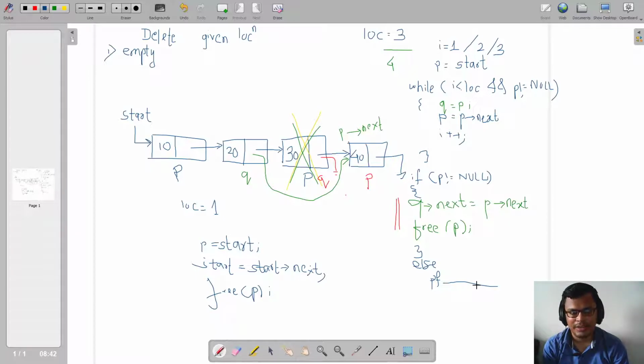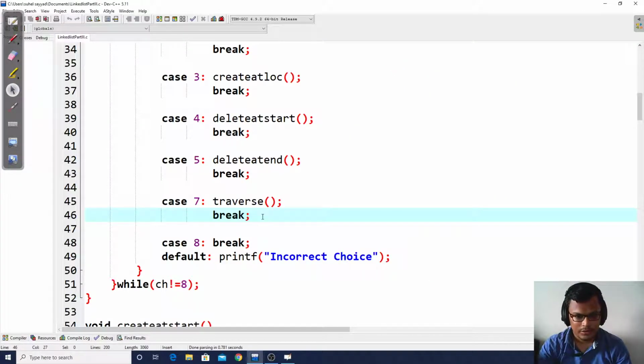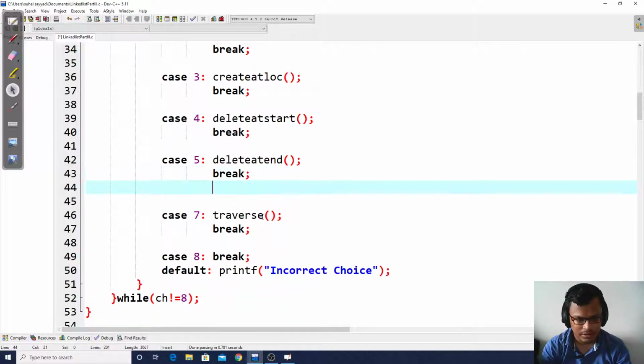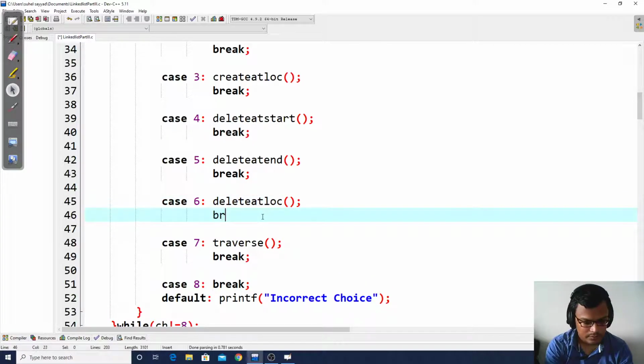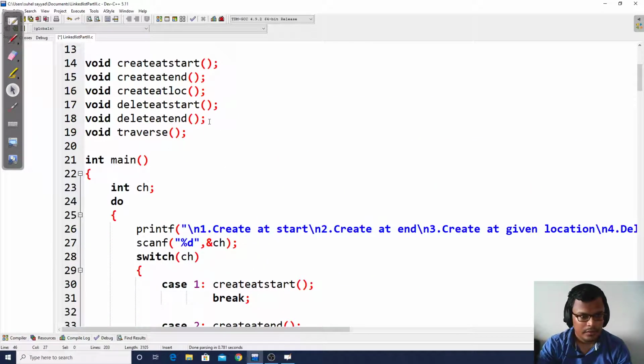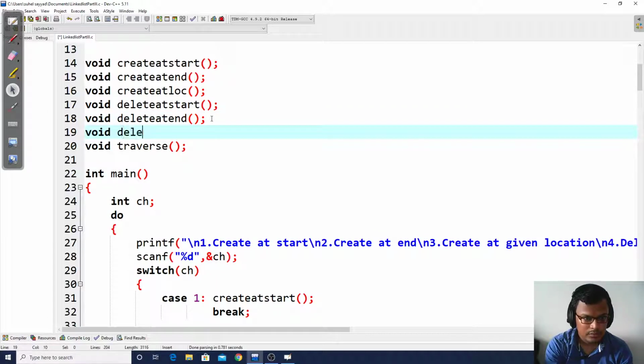And if my linked list is empty, then delete cannot be performed. So let us write code for this now. We now have our last case, case 6, which is delete at location.